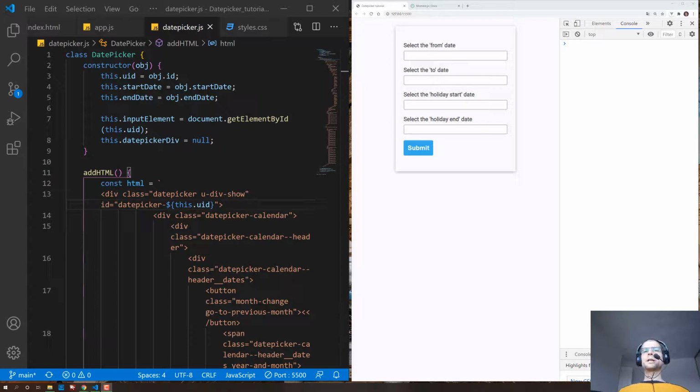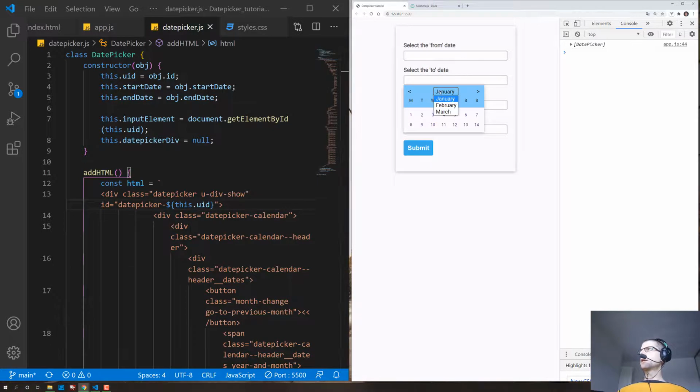Welcome back. So in the last lecture we got to a point where we managed to dynamically create datepickers when we added a new input field with a unique ID to our HTML markup, but in the process we lost the ability to display correct year, and we never really had the ability to dynamically display the months. So we're going to take care of that in this lecture, but for now let's just start with a very